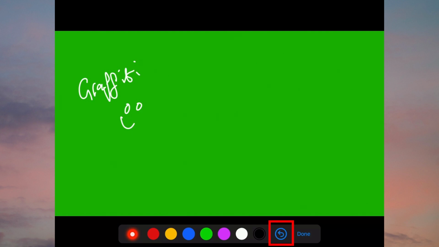You can actually use the back arrow, the undo arrow on the right next to the done button. If I hold that, it says clear all. So there's your first lesson. That will clear all writing that you've just made on a recent slide.